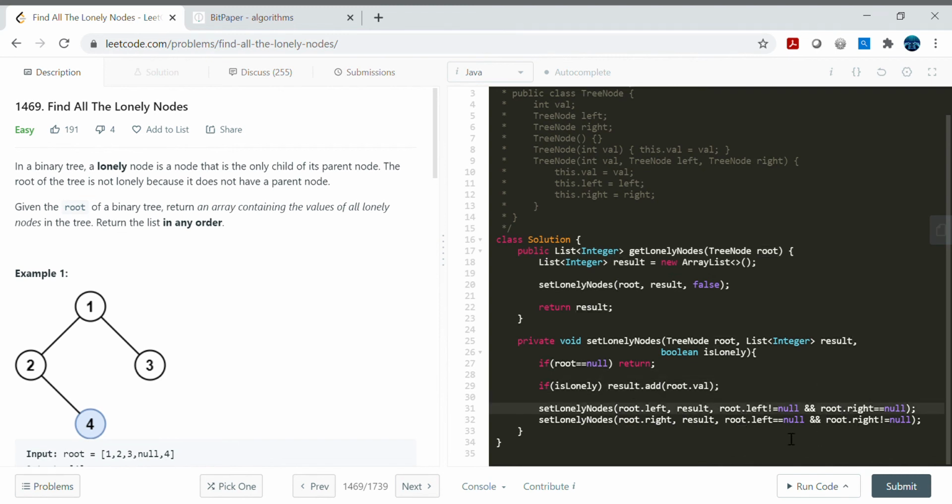So I think this is the same logic that we used earlier in the iterative approach, in the breadth first search approach. In the recursion also we are using the same approach, and that will decide whether it's a lonely or not. So when we are passing root dot left, then it makes sure that root dot left is not equal to null, and root dot right, it means its sibling, is null. So if its sibling is null, right, then root dot left will become a lonely node.